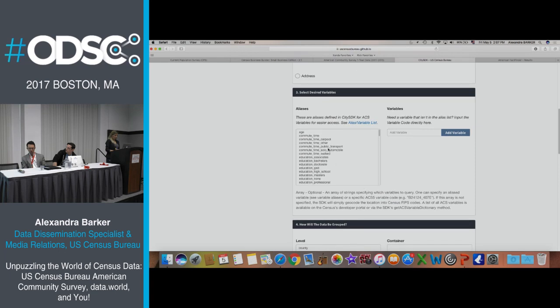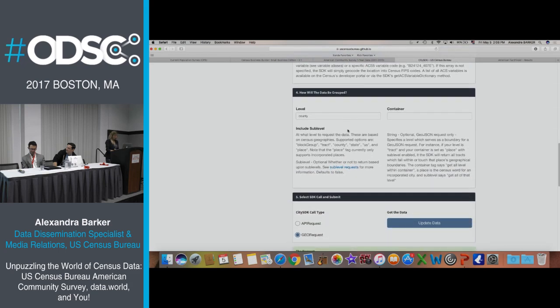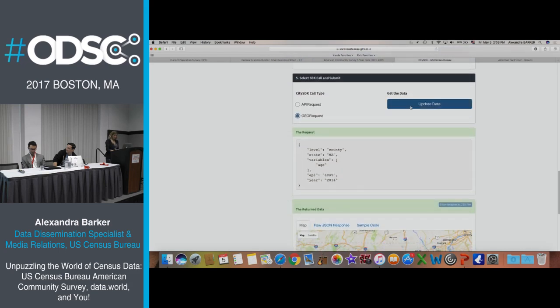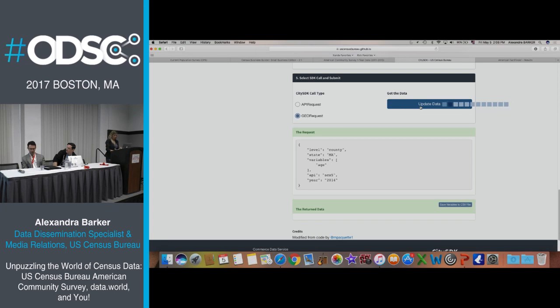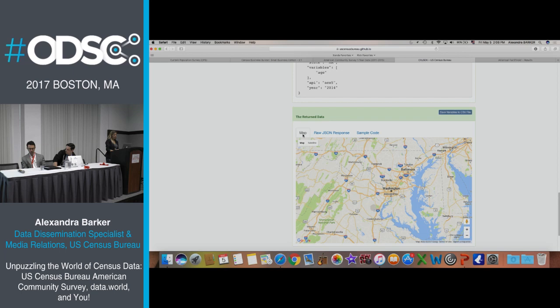And go for Massachusetts. And I can choose, I can't pronounce that word and I practice, so I just call it variable name, just saying. So you can choose, let's say I want to do just age. And my geography within counties, I'm just going to be quick, and you update data, and you're going to get a request. You are going to get 3 formats of the way it's going to return to you.